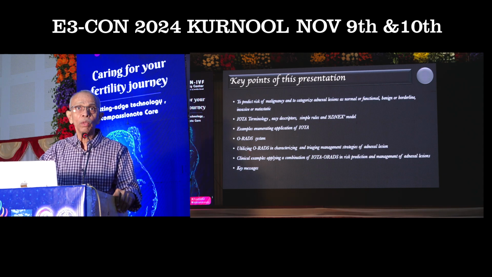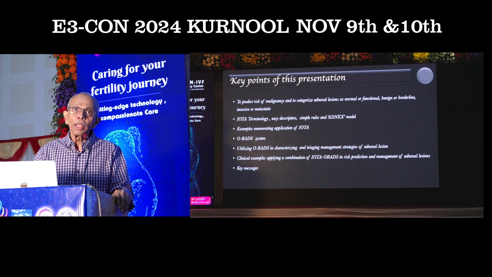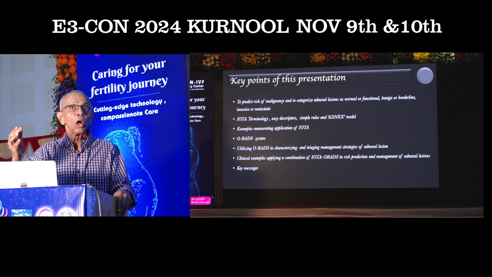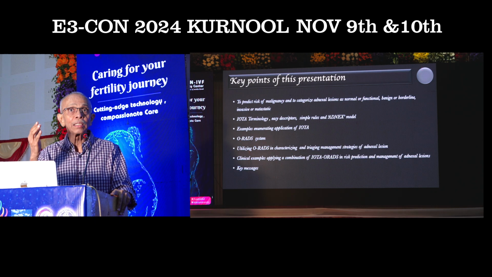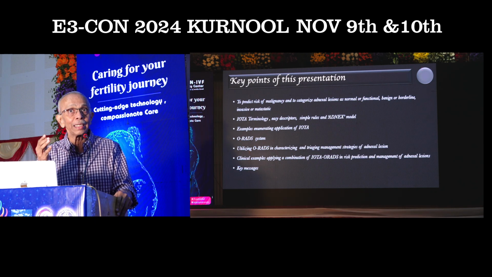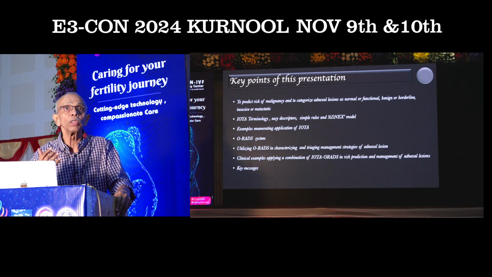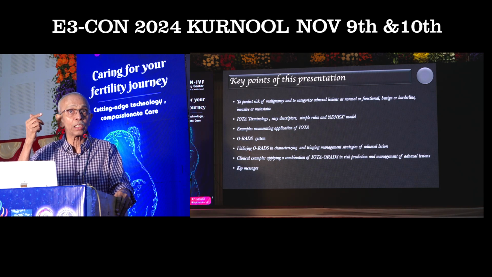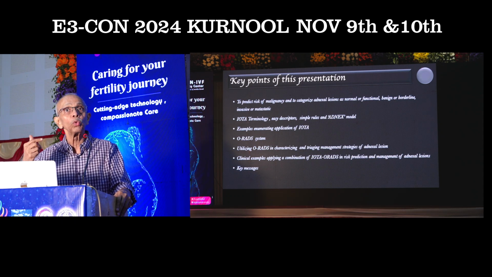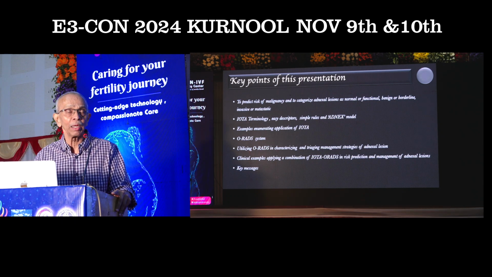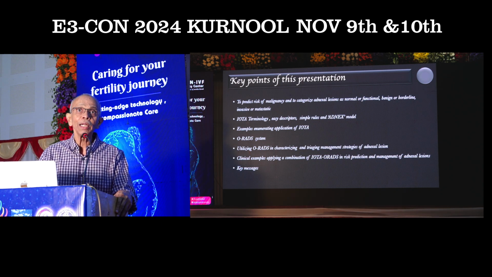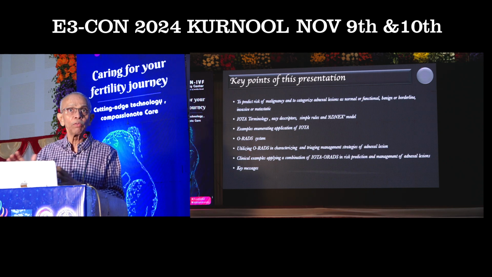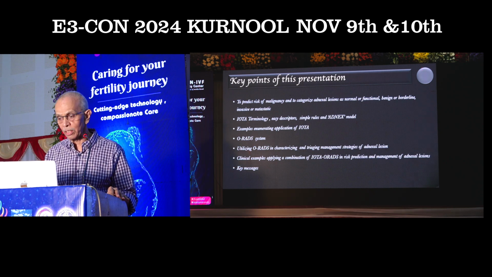Then we have the O-RADS system. The O-RADS system uses the same easy descriptors or terminology that has been used by the IOTA. Not only that, they have introduced certain lexicons, the O-RADS lexicon, which are additional features they depend upon, and they have categorized these adnexal lesions into 6 groups, that is O-RADS score 1, 2 up to 6. In that format they have categorized them, so that based on that you can plan your surveillance as well as the management. So that's my aim, to take you through and give you some clinical examples and certain key messages.